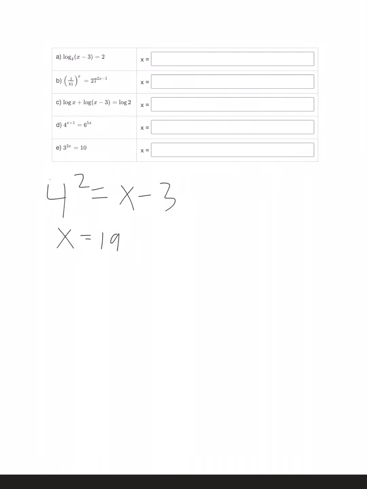Part B is a little bit trickier. We have two exponential expressions, one on each side. And so one option is to try to use logarithms to get the variable out of the exponent. But in this case, because I recognize that 1 over 81 and 27 are both powers of 3, I can actually rewrite this as powers of 3. 1 over 81 is really 3 to the negative 4th, and then that's still to the x. And 27